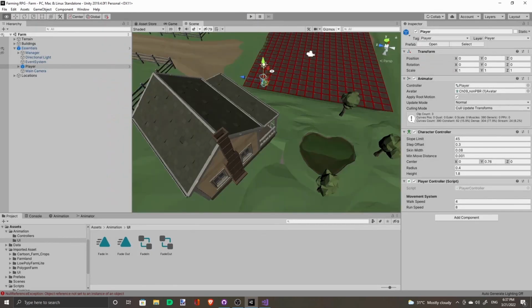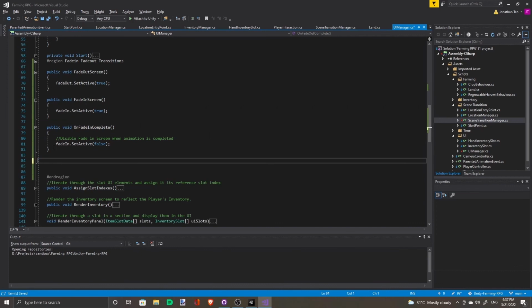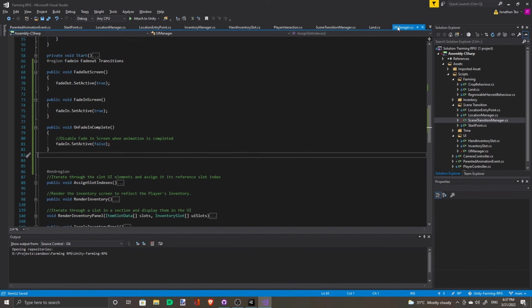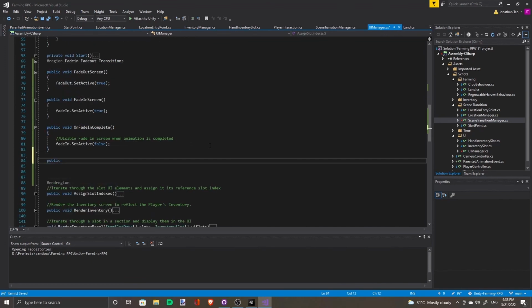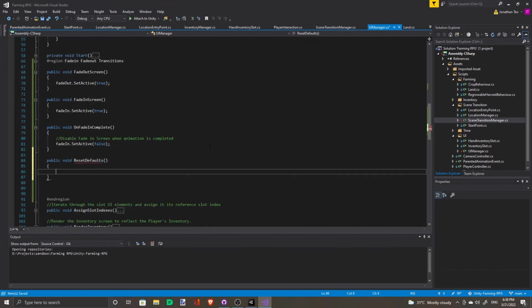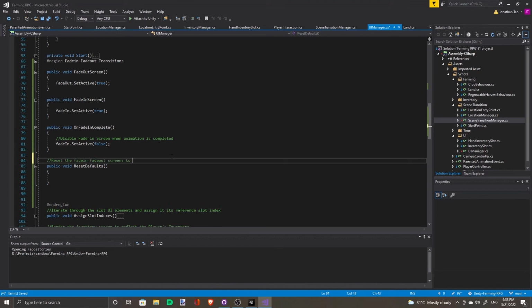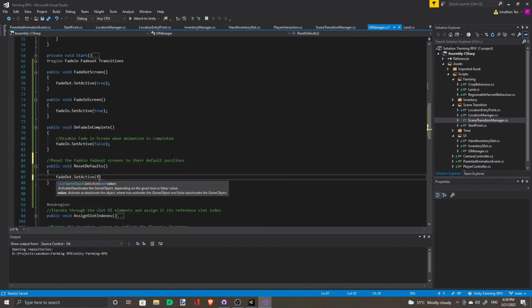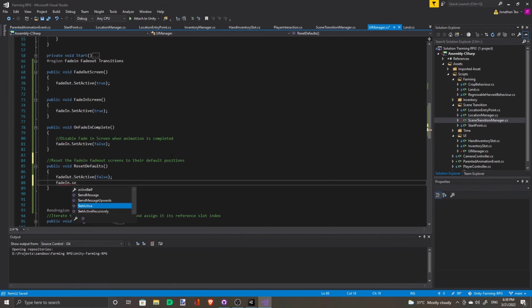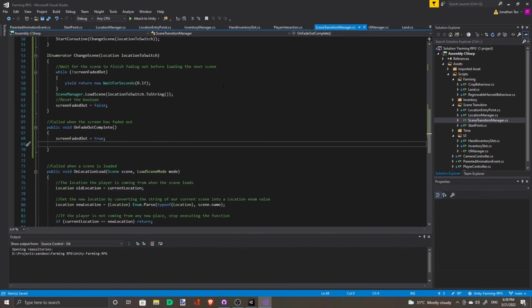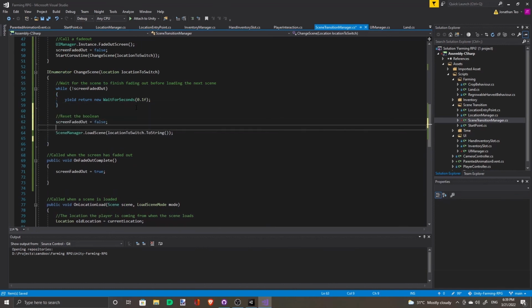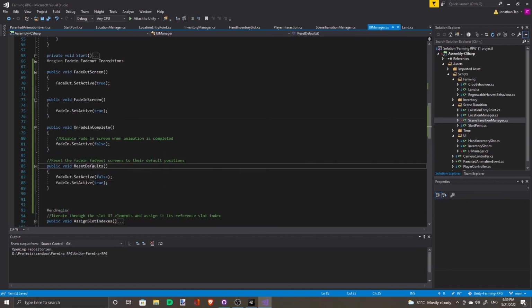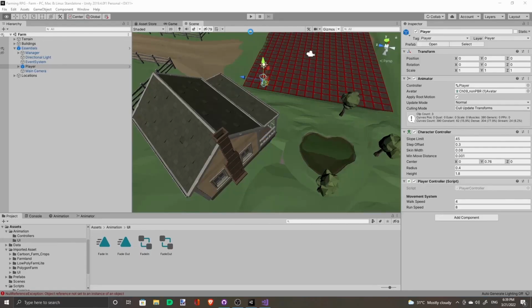Oh, we have a function to reset fade in, fade false, fade in is true. So after we load the scene, going to reset. Okay, let's rename this reset fade defaults.